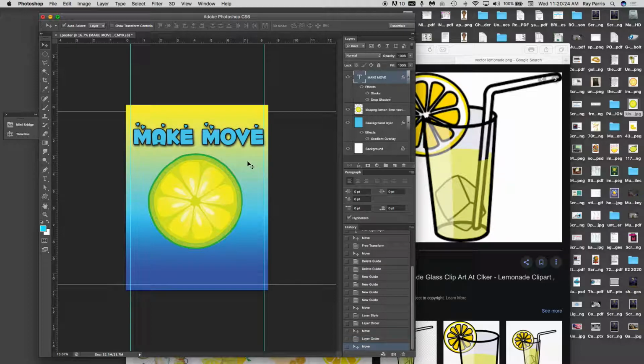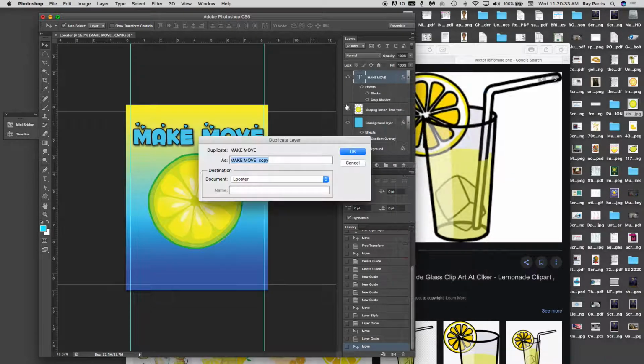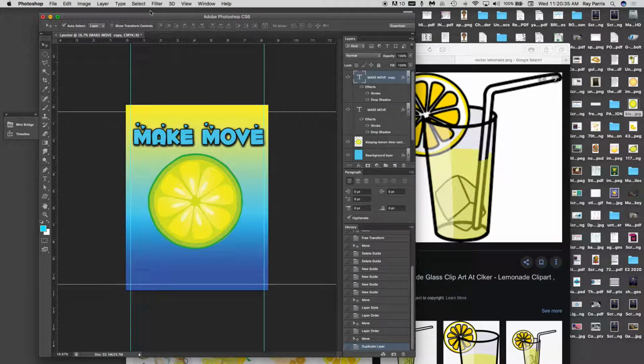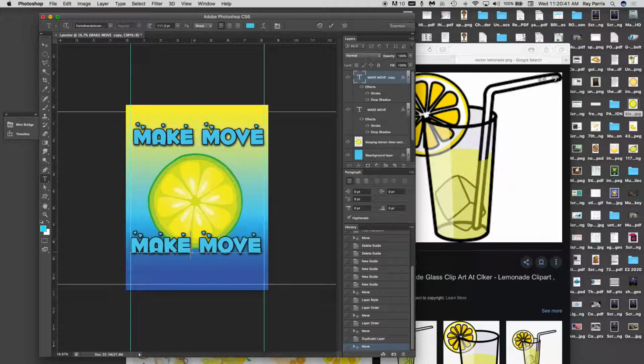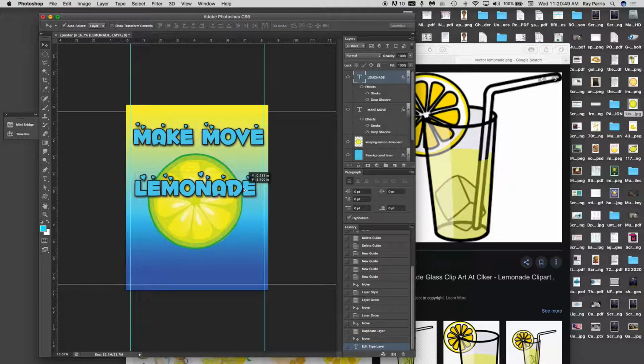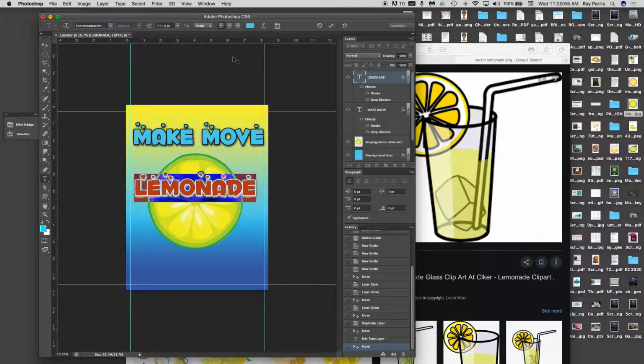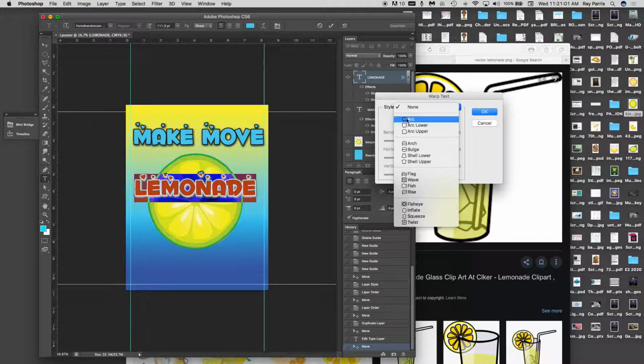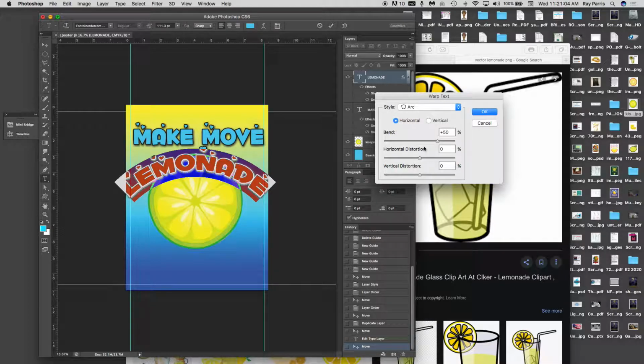Now the next thing I want to add is the name of my lemonade, right? Make moves what? Lemonade. I'm going to duplicate this. You could duplicate also by going to layer duplicate. But I'm going to go ahead and select. And I'm going to make this. And I'm going to scale this down. As a matter of fact, I want to curve this. So we're going to learn how to curve these fonts by selecting it. And we're going to go right here in the warp tool, and I'm going to click on arc, and I'm going to put a nice